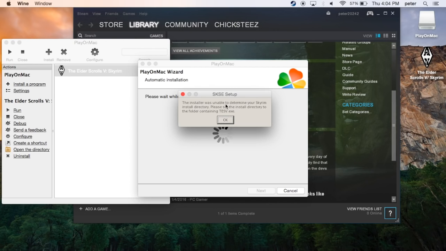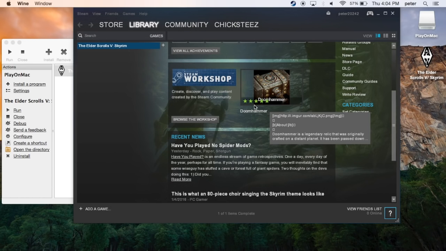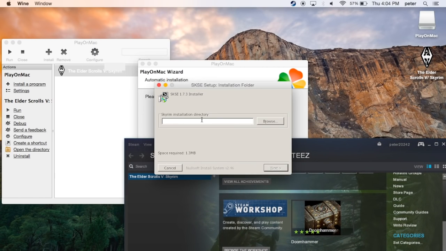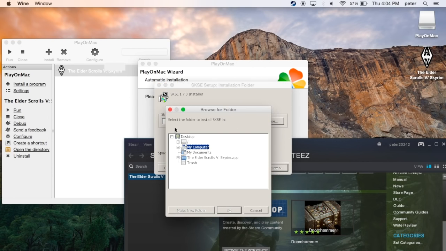So this is really important. Basically, what it said was it could not find where your Skyrim is. Thankfully, I know where it is. So you come to this screen right here, come to the little slashy guy, go to Users,